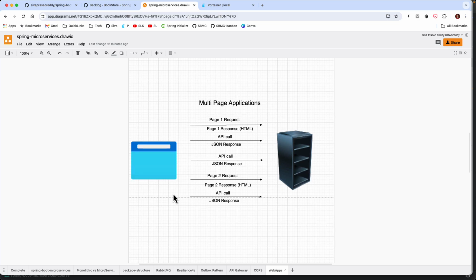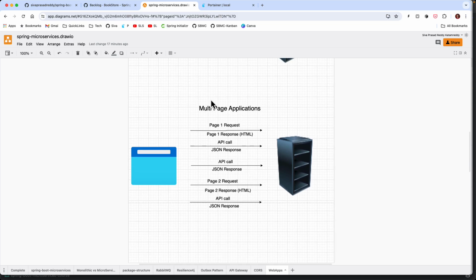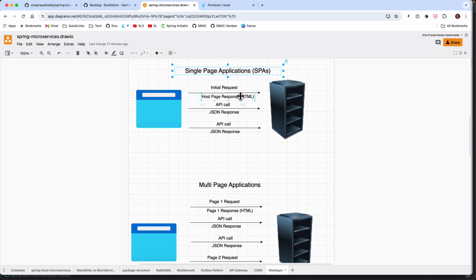But we can still build applications with Ajaxified interactivity using server-side rendering technologies like Thymeleaf and technologies like Alpine.js or HTMX, without bringing in all the Node.js things into